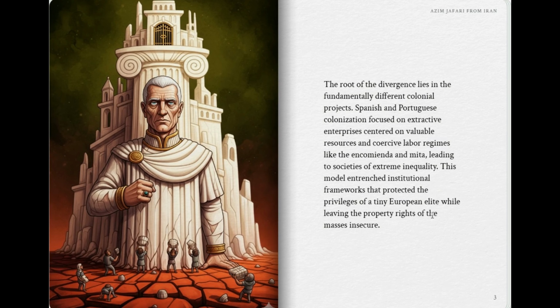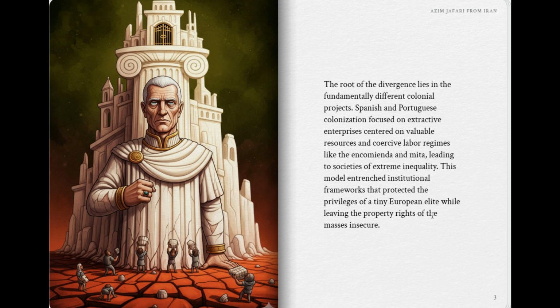The root of the divergence lies in the fundamentally different colonial projects. Spanish and Portuguese colonization focused on extractive enterprises, centered on valuable resources and coercive labor regimes like the encomienda and mita, leading to societies of extreme inequality. This model entrenched institutional frameworks that protected the privileges of a tiny European elite while leaving the property rights of